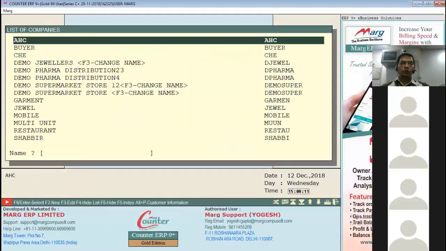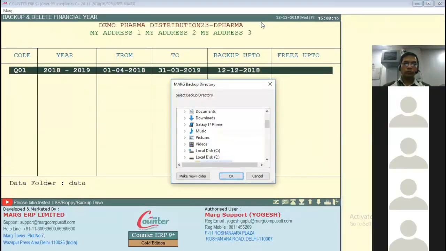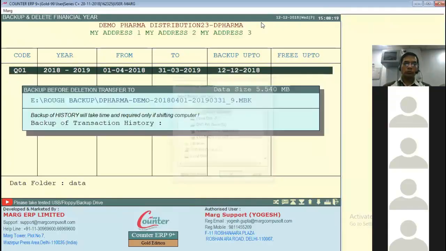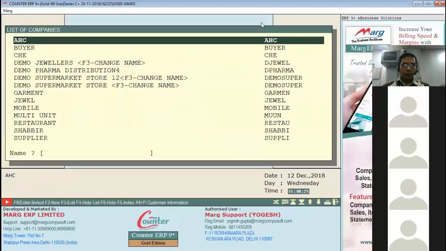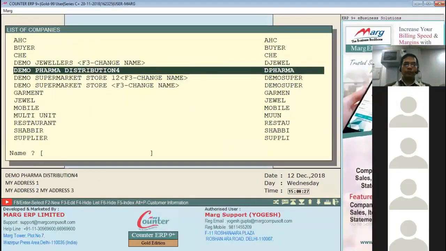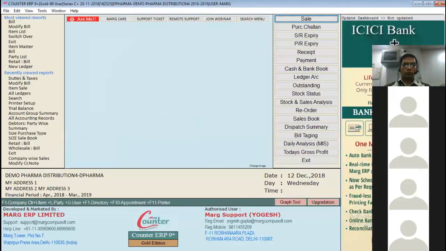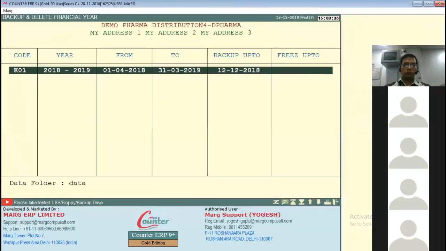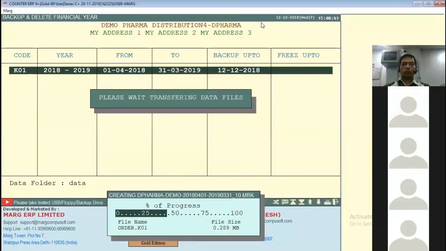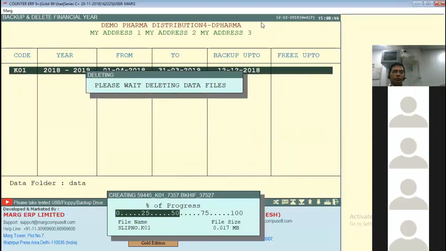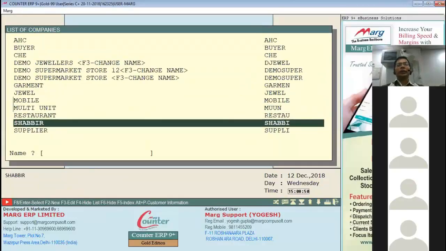I delete third one also. And last one also. Now no any demo pharma company is coming here.